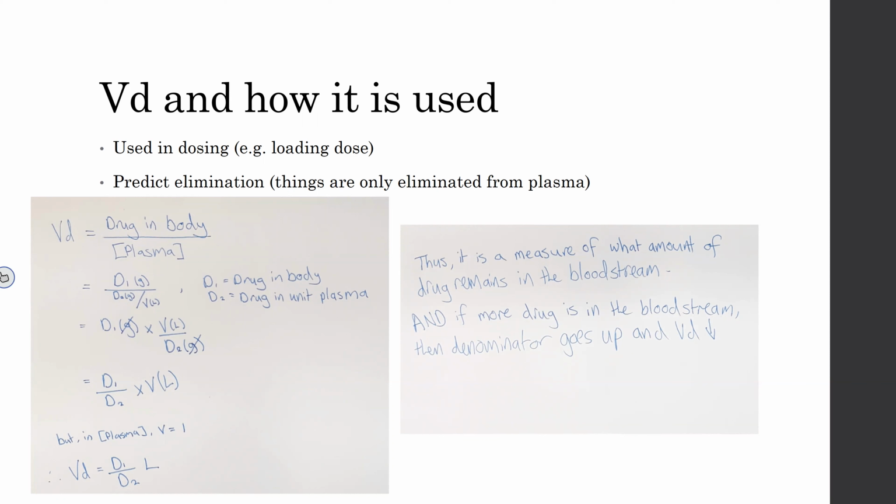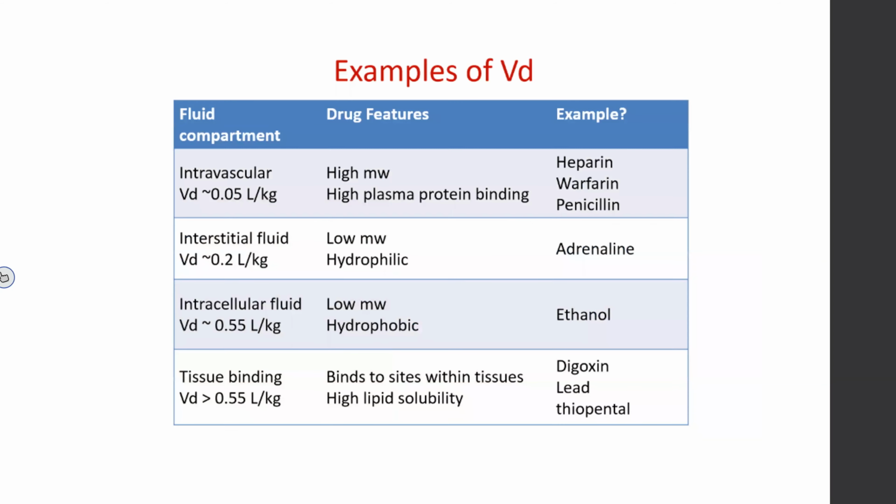And just remember, the big thing that we use the volume of distribution for is this thing called a loading dose, because we call the active drug what is free in the plasma. So the more that leaves to the tissues, the less you have in the plasma. So we can give this loading dose and just fill up the tissue and then go from there. So, examples